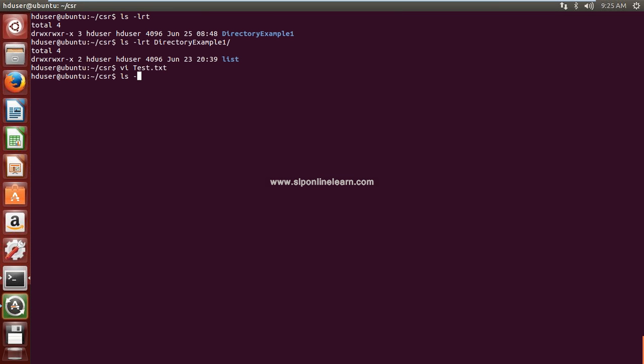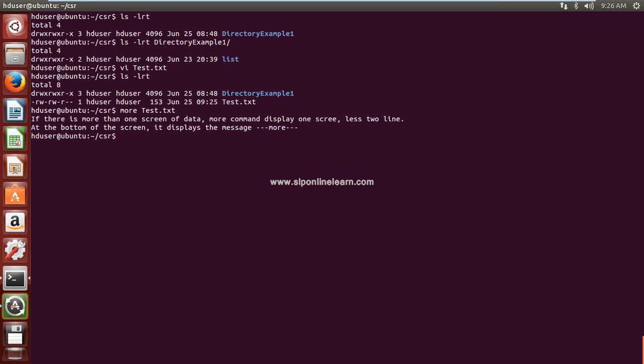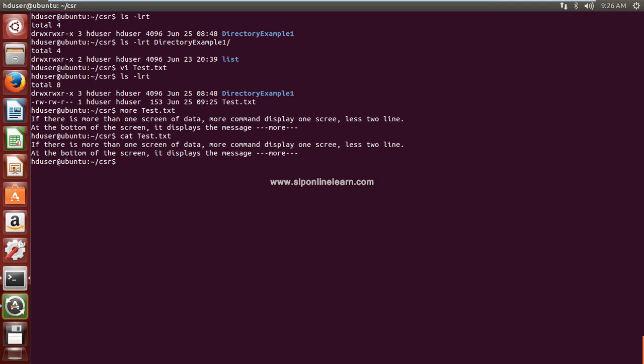Yes, we have one file in this, that is test. Using the more command, you can see file content. Whether we can see the file information or not, we'll see first. Yes, it is displaying similar to your cat command only. Both are the same. Then why do we require more? If we have some big file, then we can really feel the advantage of this more command. Fine, no problem. But see, now half of the screen is already occupied with some text.